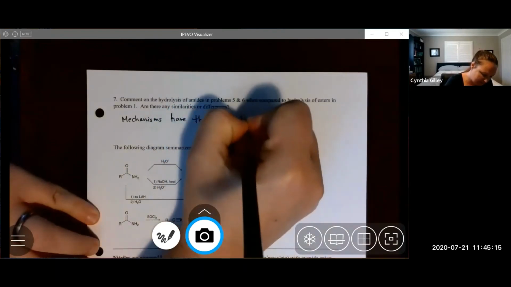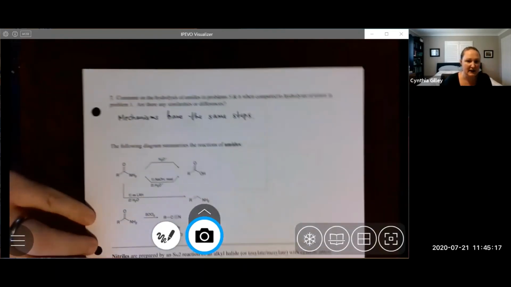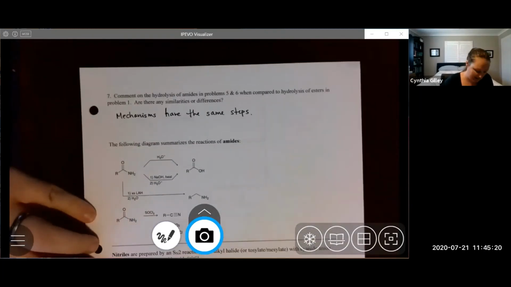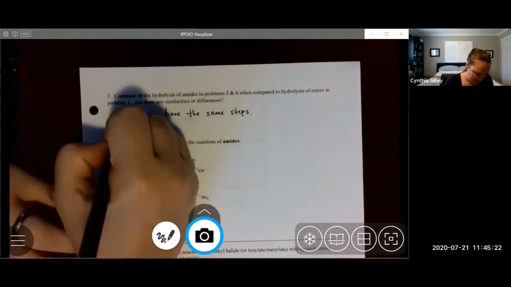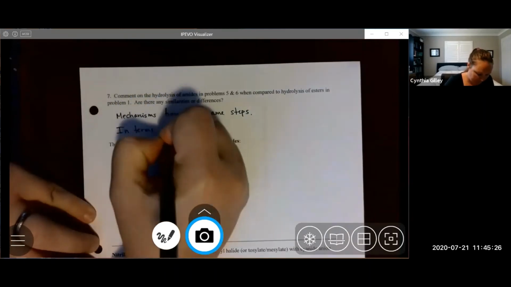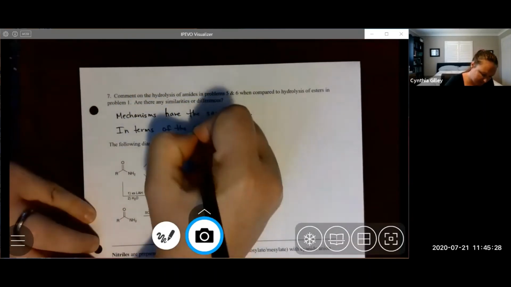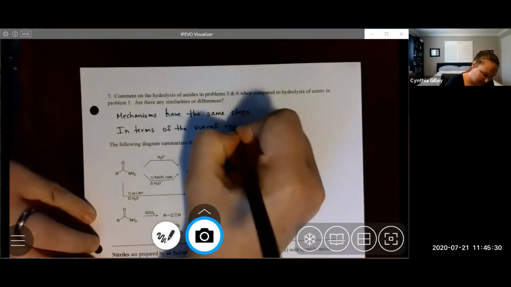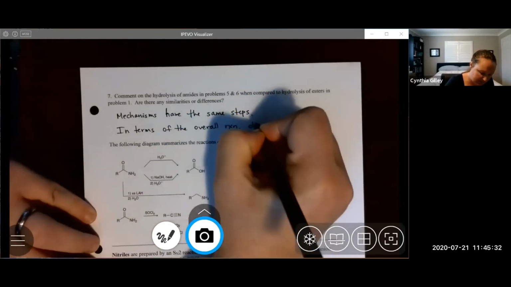So they're pretty much the same thing. I would say in terms of the overall reaction, we do have a different leaving group,